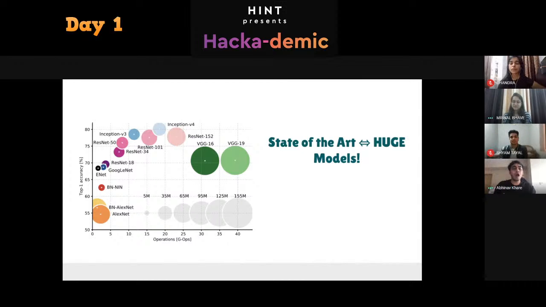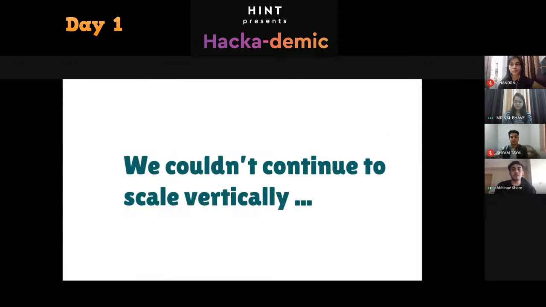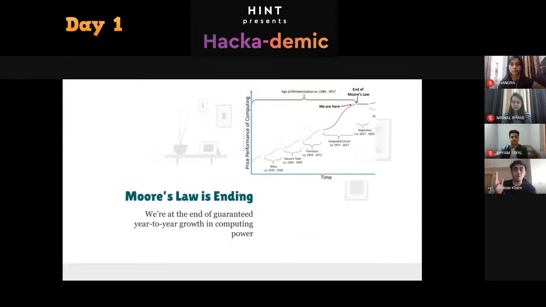So I try to scale my system and increase the RAM, increase the cores, increase the GPU power. But there is a theoretical limit: you can't continue to scale vertically. You can't continue to improve a single machine. Also, at this time, as it so happens, Moore's law is finally ending. We are no longer guaranteed the year-to-year growth in computing power, and we have some stagnation, at least for the